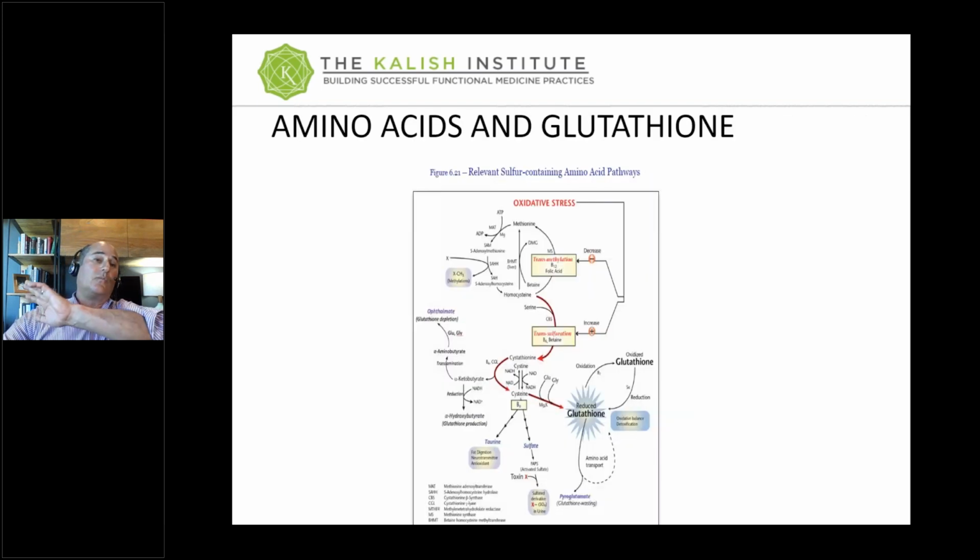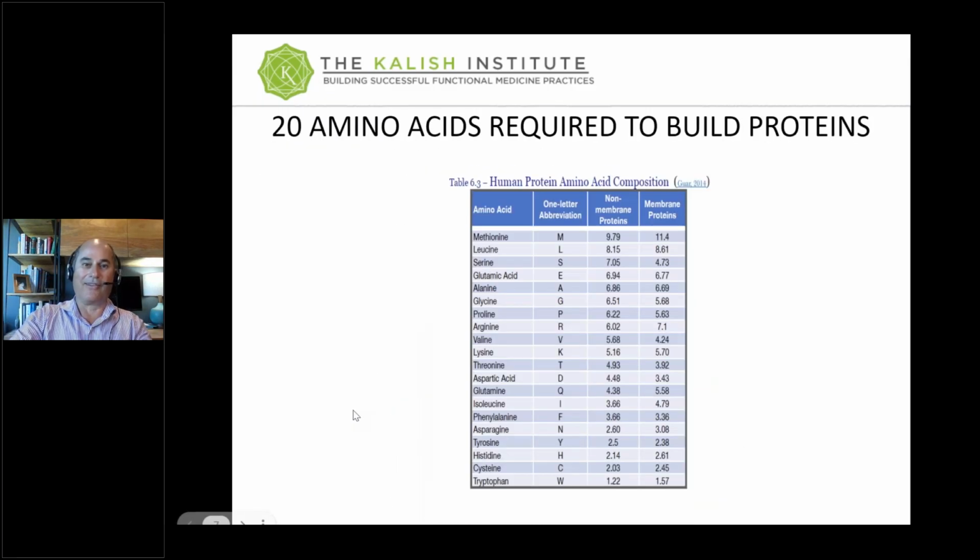Now, total change of subject. Now we're going to talk about specific things that amino acids do outside of synthesizing proteins. So we just went from the most important thing in the body, which is being able to repair with these 20 amino acids. I should just stop the lecture right now. This is the most important thing here, is these 20 and getting these in balance so that the body can make proteins.